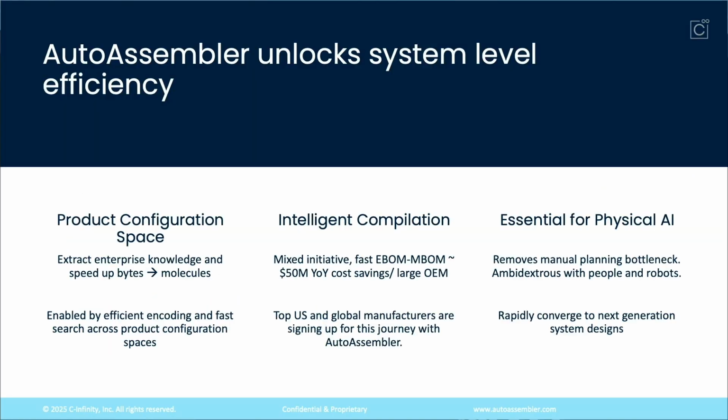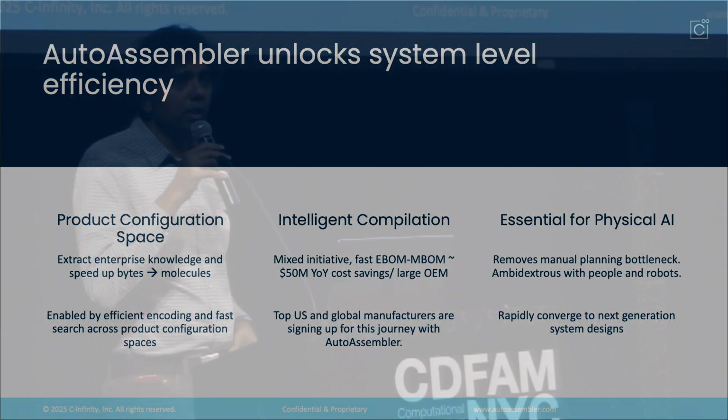So we want to unlock system-level efficiency, search a product configuration space, and compile intelligently to get process plans to transform the EBOM to the MBOM. It's a huge problem, $50 million year over year for large manufacturers, and get to the point where we can compile it all the way to physical AI and go upstream to design. That's our vision for